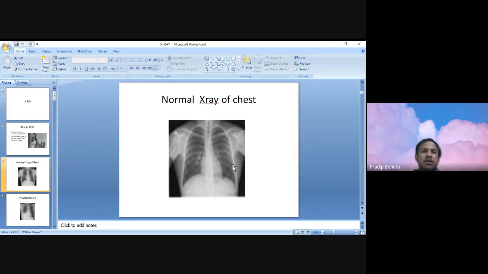Next come the pulmonary lung fields. Lung fields are divided into three zones, from top to bottom, and we describe the pathology in each part. Normally, you should be able to identify the posterior aspect of the ribs and the anterior aspect of the ribs. In a PA view, the ribs you see are horizontal.